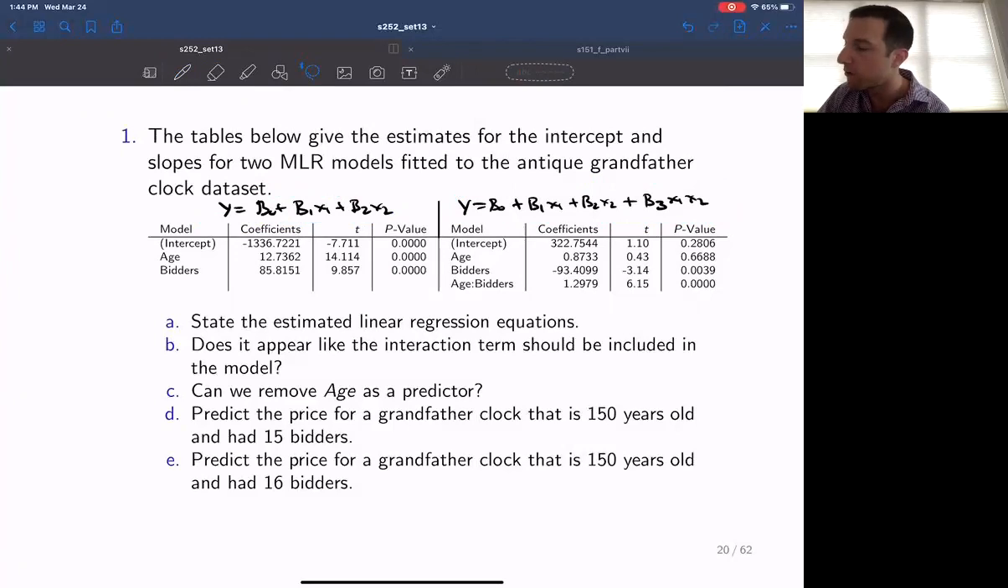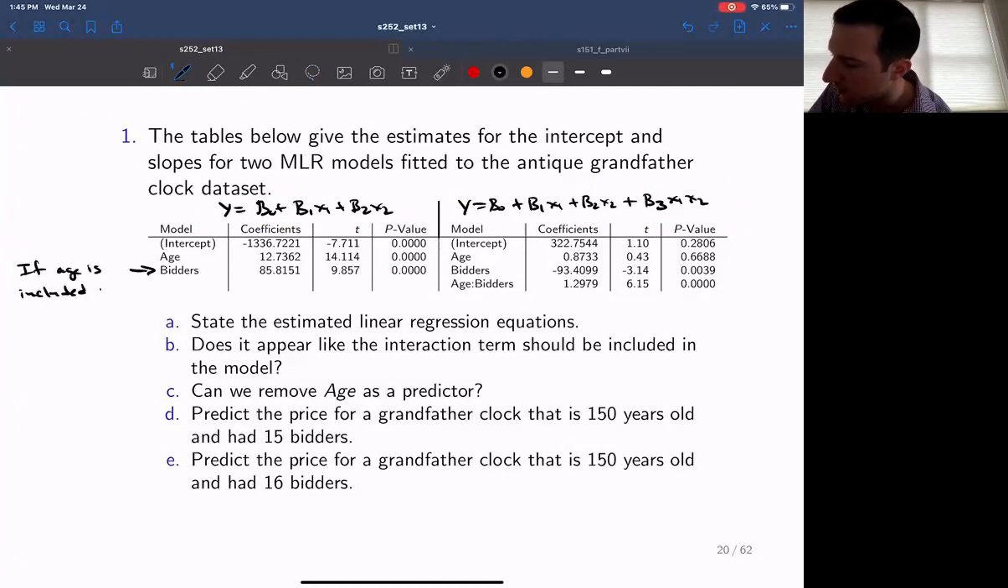off the t values. So this is actually telling us that if age is included as an explanatory value, there is evidence that bidders is also useful as an explanatory value for the price of the clock. Right, so this line here is saying if age is included as an explanatory variable, then bidders is useful as a linear